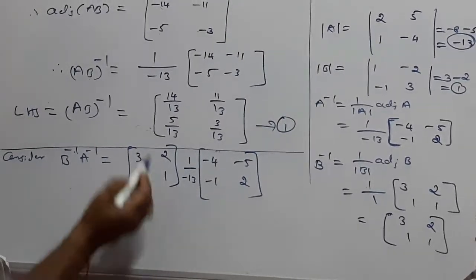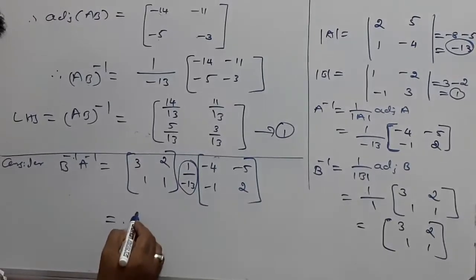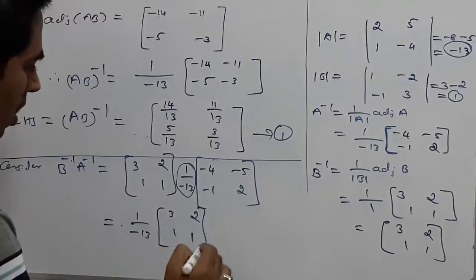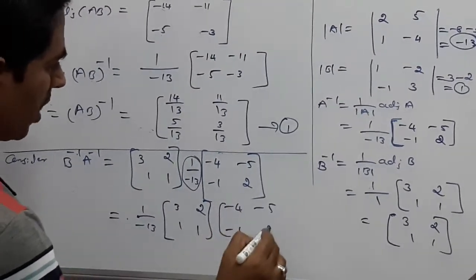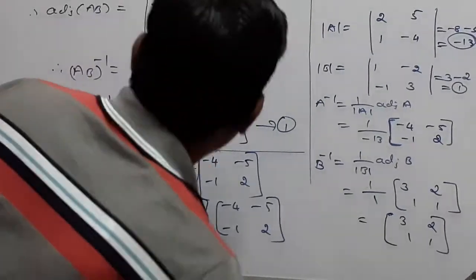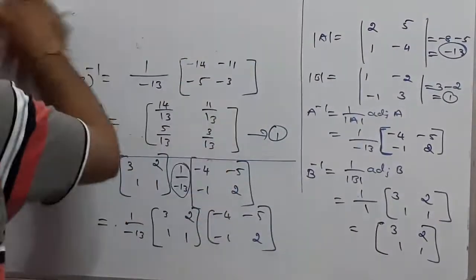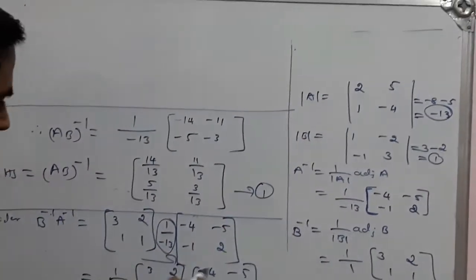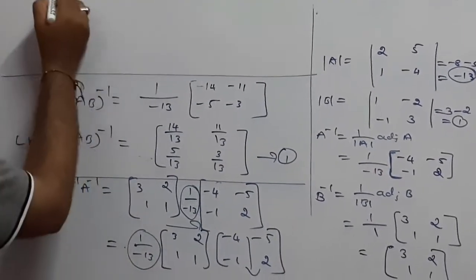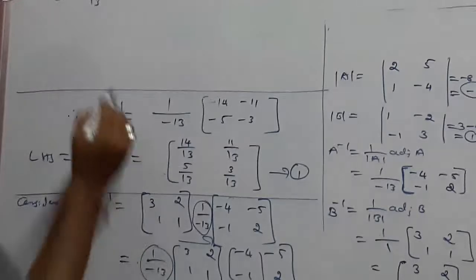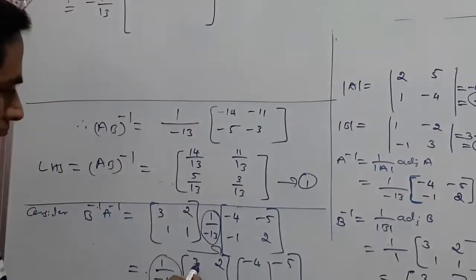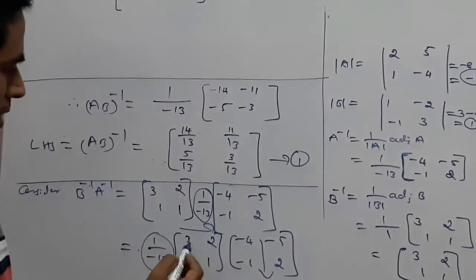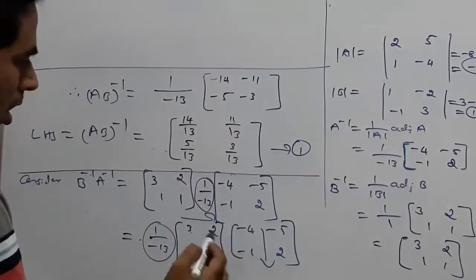Okay, so this is 1 by minus 13. So I will write this scalar as it is, 1 by minus 13. Then I will multiply these two matrices, 3, 2, 1, 1 into minus 4, minus 5, minus 1, 2. Okay, so let us multiply here. So we will continue here. First row, then first column. So we write this as it is, that is 1 by minus 13 or minus 1 by 13 into, 3 into minus 4, that is minus 12, minus 2,